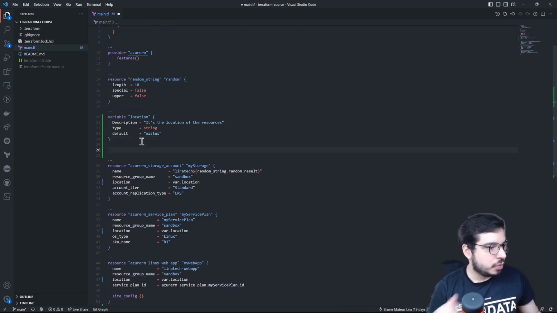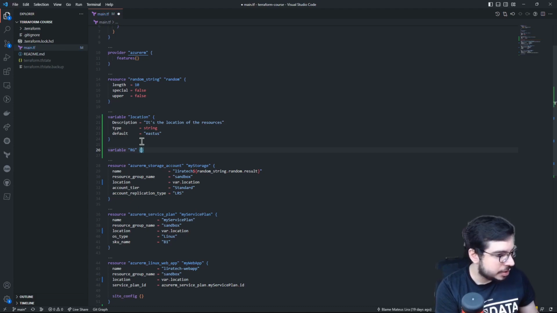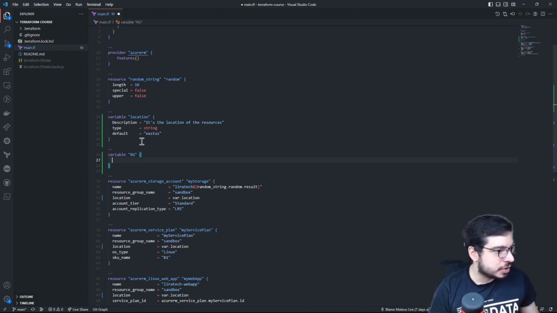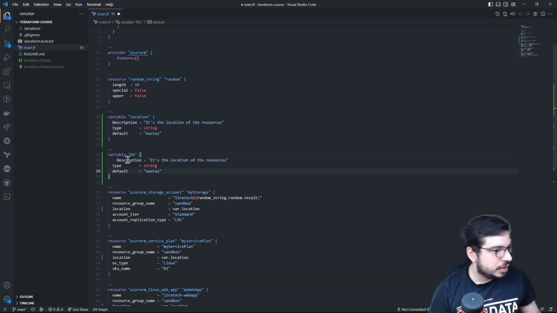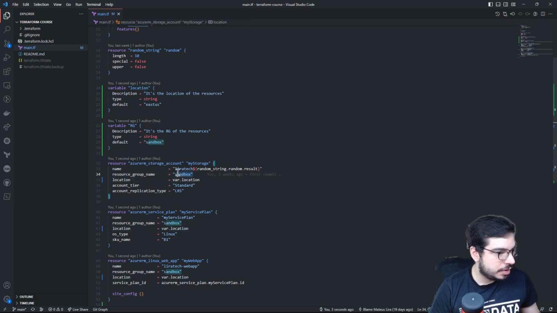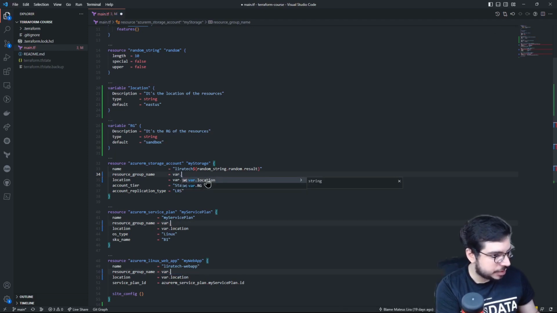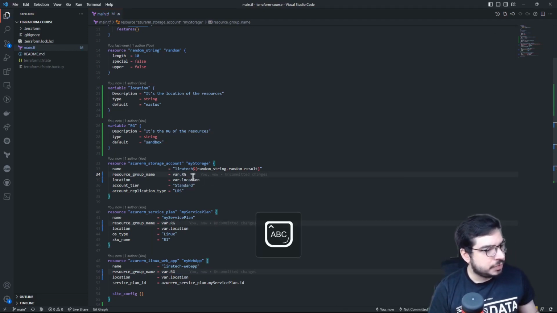And now we should create a variable for the resource group name, and I can call it rg. I will just copy because I'm lazy. It's the rg resources, it's a string, and it's sandbox. Okay, so now I'm going to replace it with var dot rg. Okay, so now that I created my variables here,